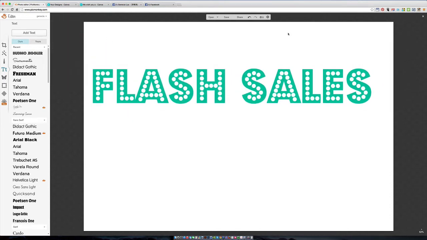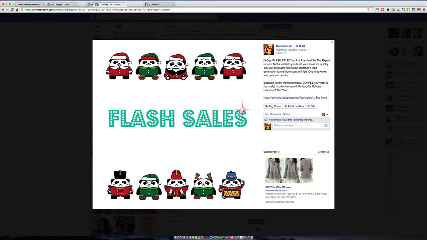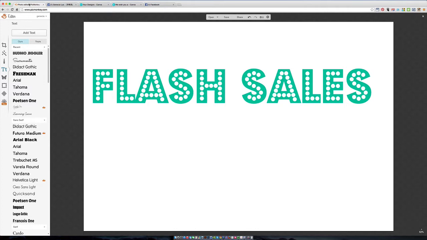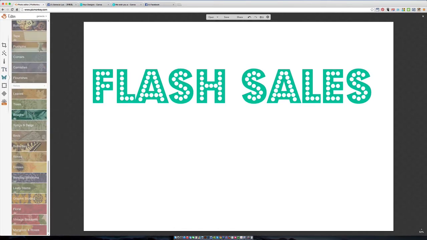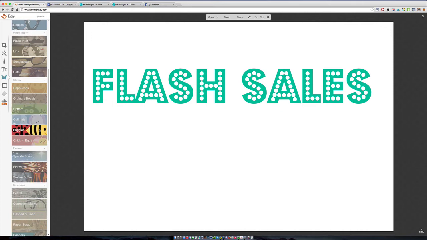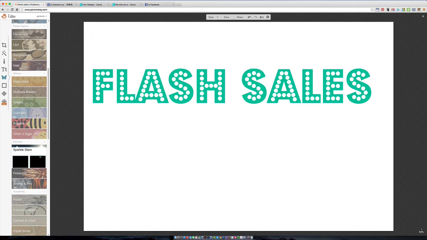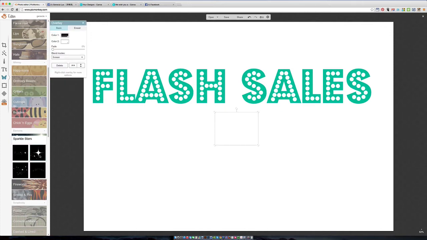So like I said, I built this as elements, right? And then I want to add the star. Remember this? The star here, like glittering. You go to the overlay, go to stars, sparkle stars, okay, add the star. Now you can change color. I want to change it to my color code as well,